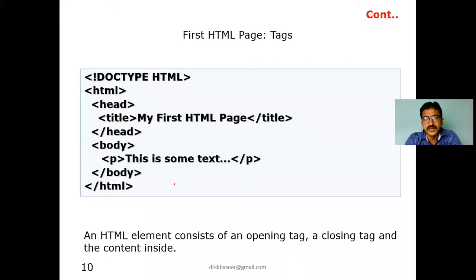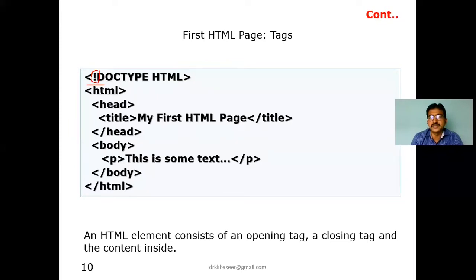Clear? And see one example of the first HTML page. How does it look? See, it starts with the document type, whether it is HTML or XML. We are mentioning it like we have comments, right? So in HTML also we can represent comments with the help of a less than sign followed by an exclamation mark. Starting with the exclamation mark indicates it is a comment. We can also represent the document type.